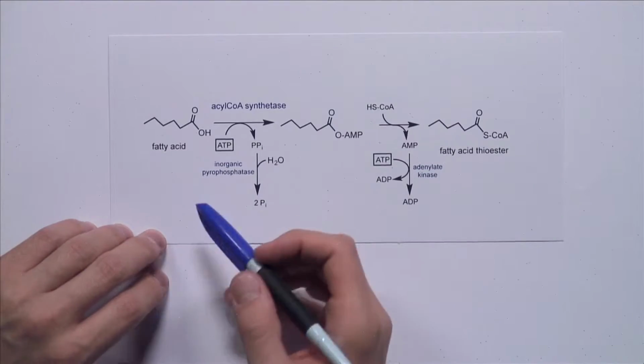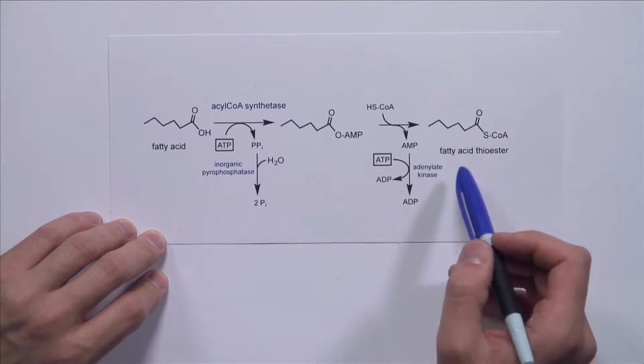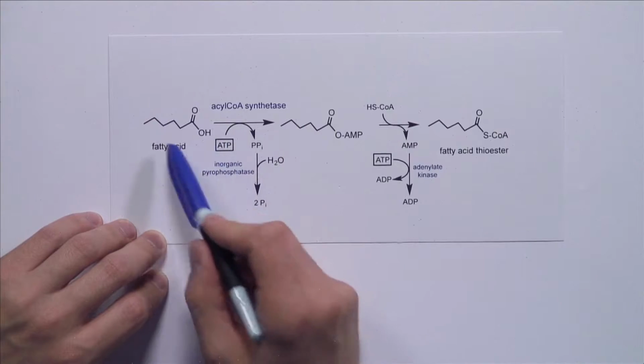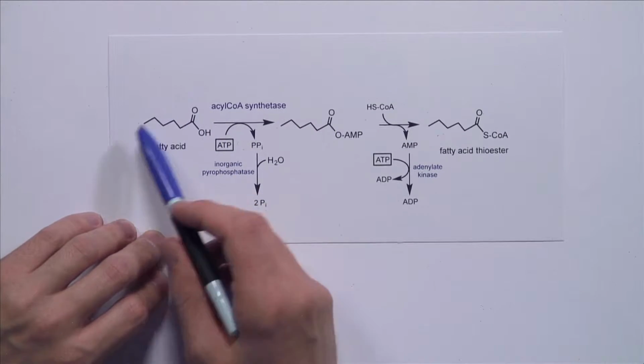Now let's talk about the fatty acids. In order to metabolize them, first we need to activate them into thioesters. These are going to be thioesters formed with coenzyme A, or CoA. Here's an overview of the activation process by which fatty acids become fatty acid thioesters. Of course, this is written for the C6 fatty acid, but would occur for any other fatty acid regardless of